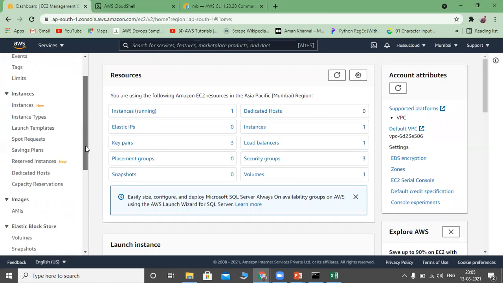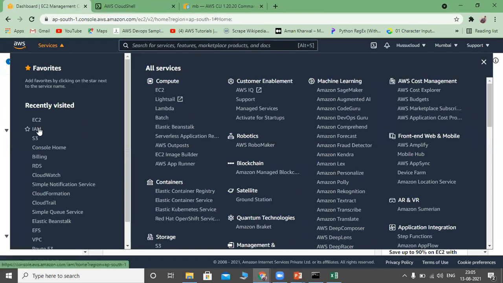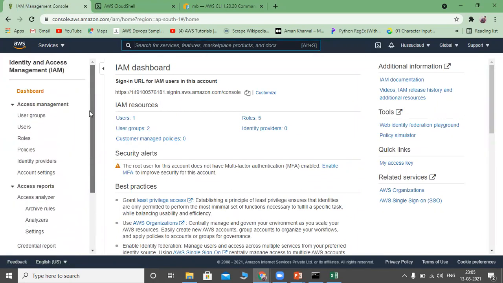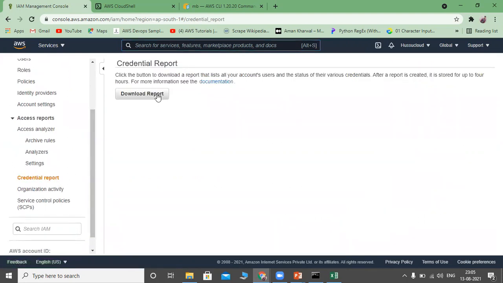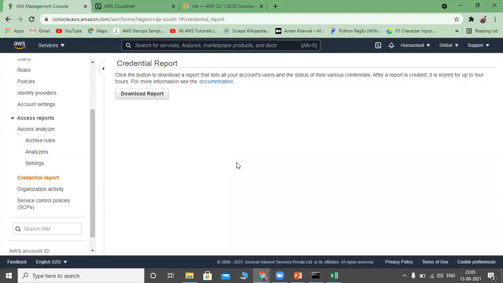And some other options of IAM. Let us go to the IAM service one more time. For auditing purposes, to see who is doing any operations and what a particular user is doing, you can go to the IAM dashboard. You can find the credential report. You can download a credential report to audit particular users and what access that user is having. You can see such kinds of activities in the credential report.